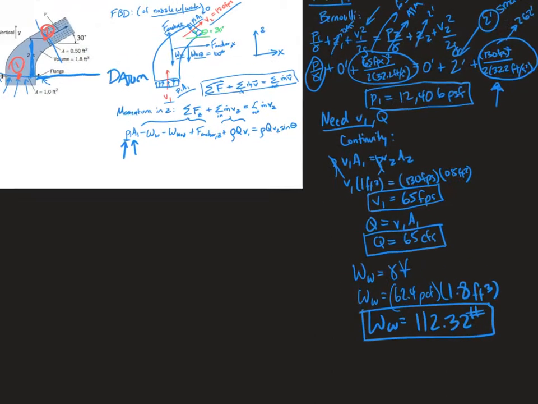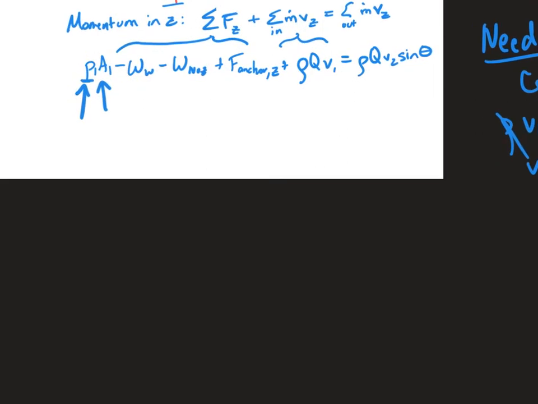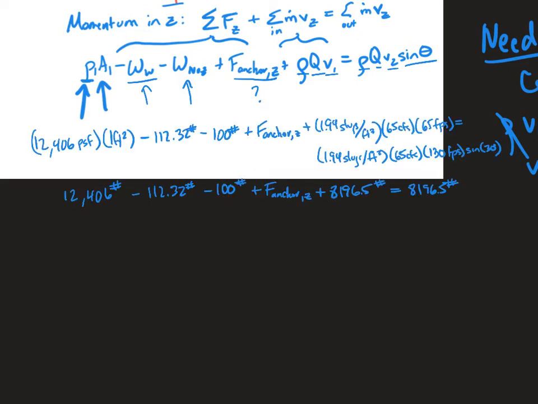So we're going to zoom in here. We've got this. The weight of the nozzle is given. This is what we're looking for. We know the rho, we solve for the Q. We've got V1, rho, Q, V2, sine theta. We know all this, so we can start plugging and chugging. In fact, I'm going to pause this and just write it all down because you don't need to watch me do this. If I zap forward and I've entered in everything, remembering to account for the sine at this angle,